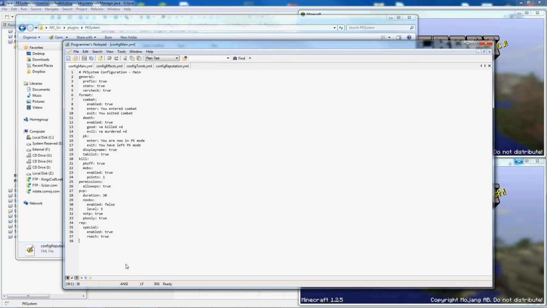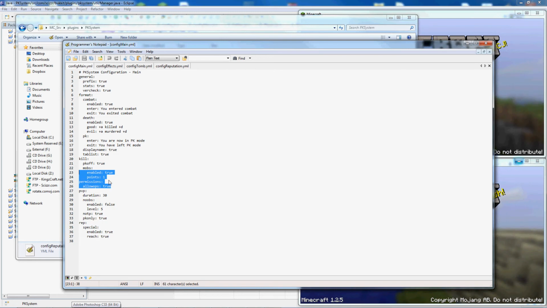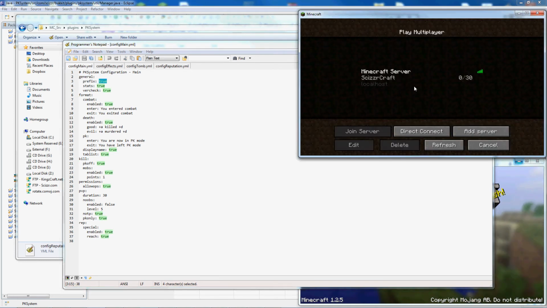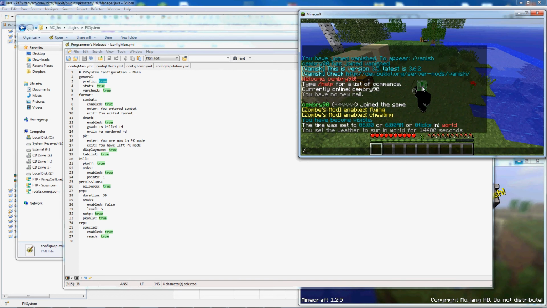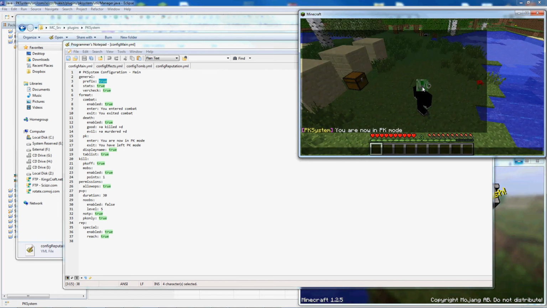So the first thing I'll talk about is the main config, which is a lot of config that's general. However, there are some that are related to PvP, which are most of this down here. Okay, so general, there's a general note here, and there's prefix, turning that on. Turning that on shows the PKSystem prefix here. If you turn that off,